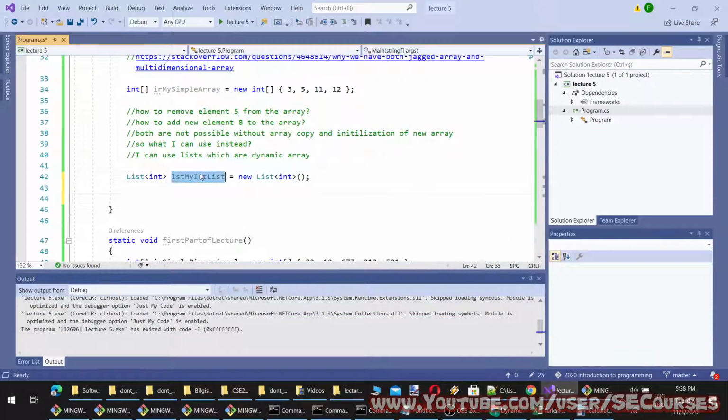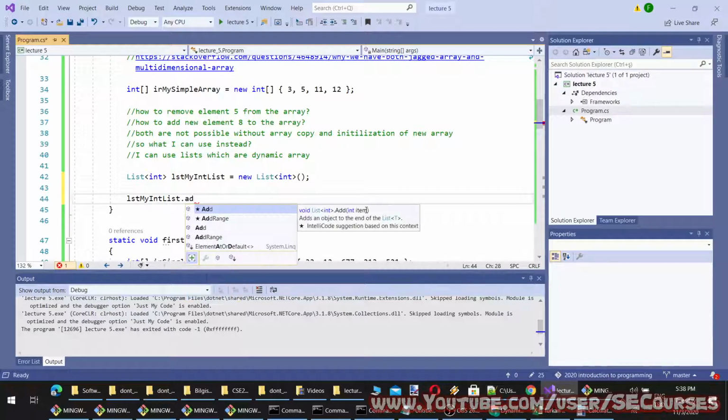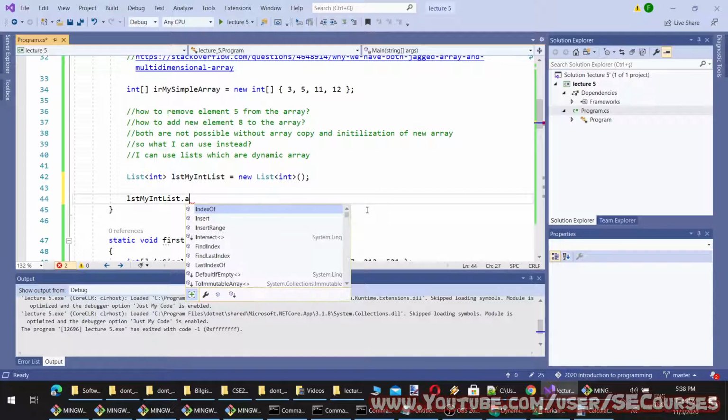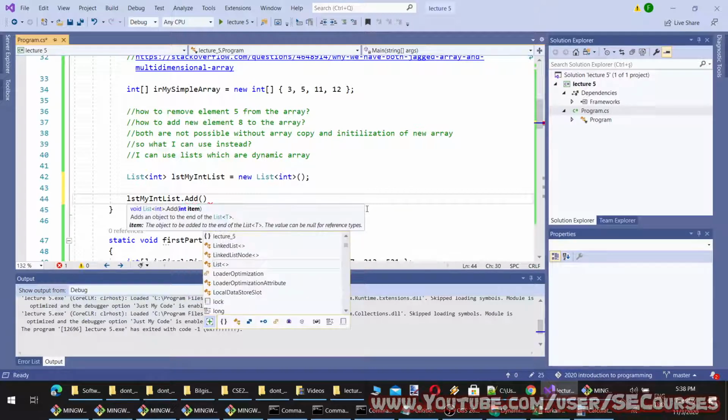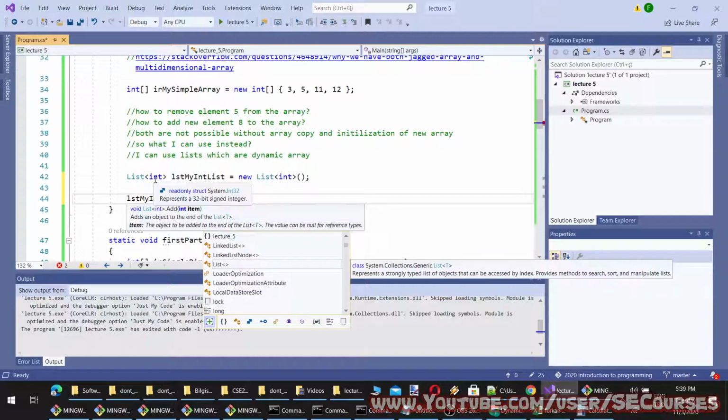Okay, so lists. With lists, we can add or remove any item we want. To do that, I am just using the Add method of the list, and you see it takes an item which is integer type because the list is defined as integer type.